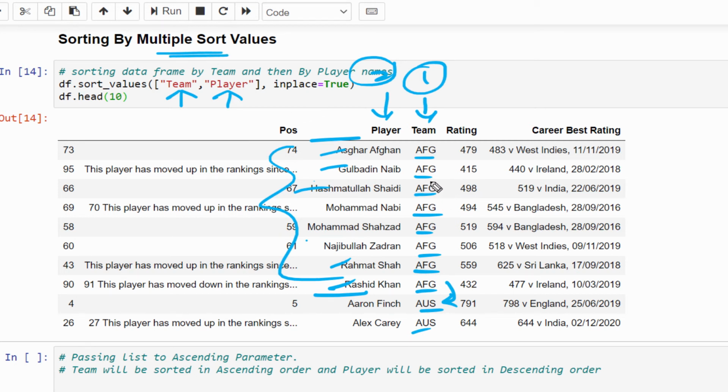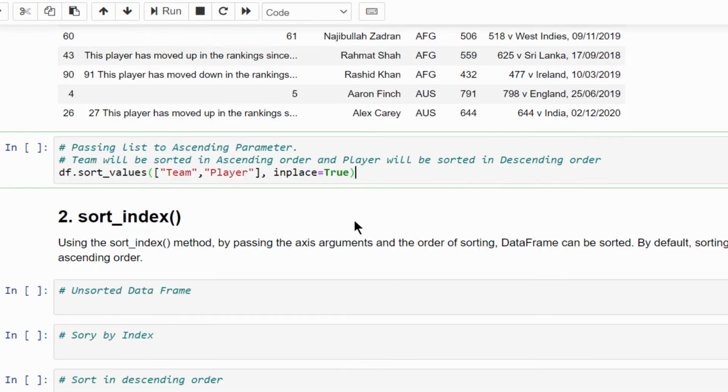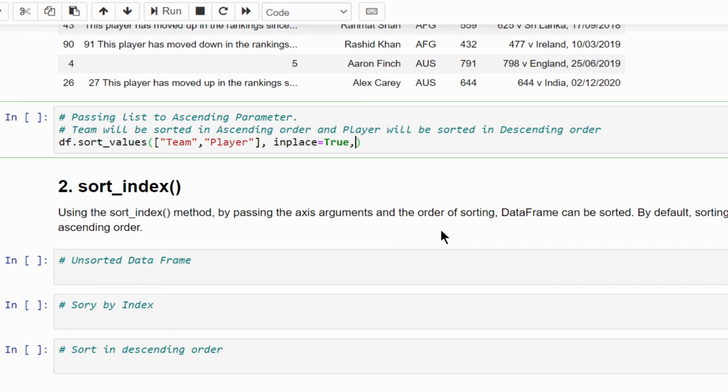Okay, now you may have a doubt. What if I want to sort this in ascending and this in descending? Is it possible? Yes, that's also possible. Same code, I'm reusing it. Now, adding one more argument, ascending equal to, within a list.